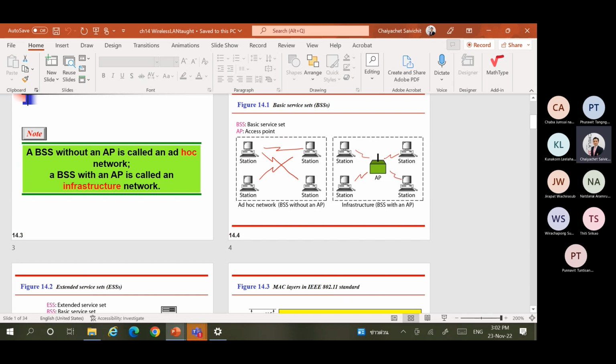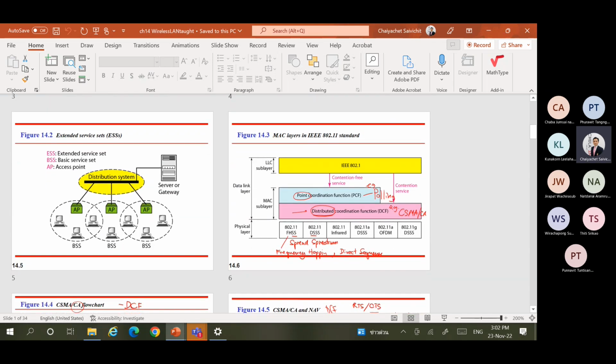But if we involve multiple access points connected via the wired distribution system, this is called an extended service set, or ESS, that combines several access points together. And you can see in some areas, the computer may be able to connect to more than one access point,